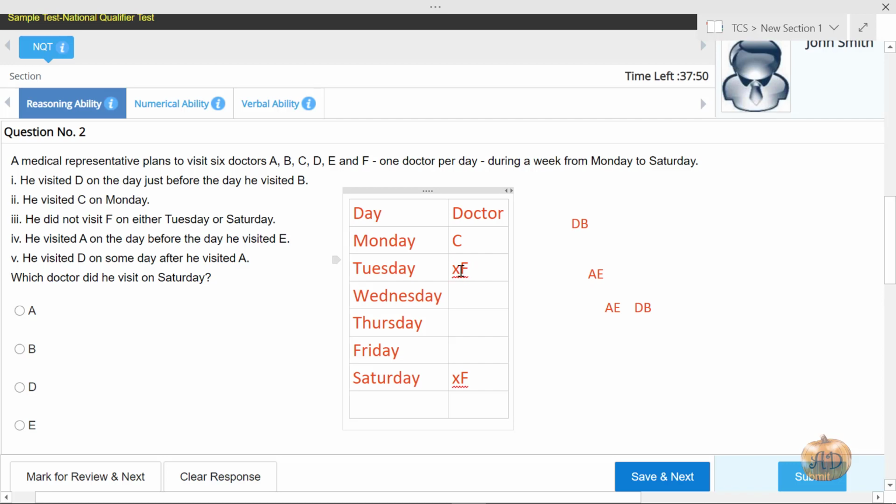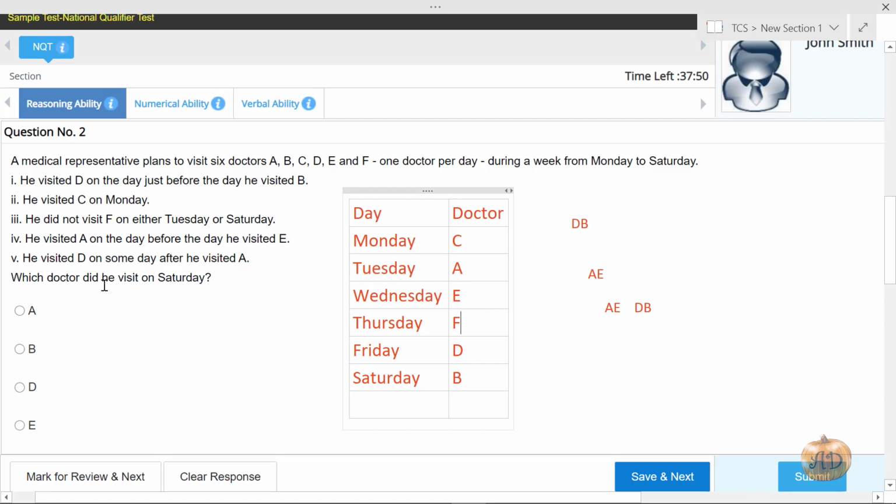Okay. So if I make A, E and D, B here, you can see that this is the only possibility because F cannot sit here. So we will make A and E here, and there is definitely some gap because the condition is same. So D and B here. So the only setting left for F is that the doctor will visit F on Thursday.